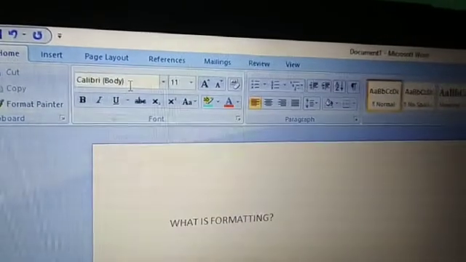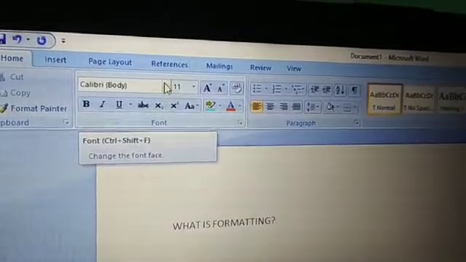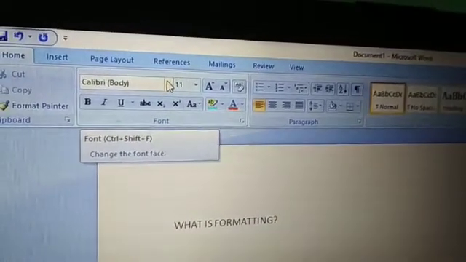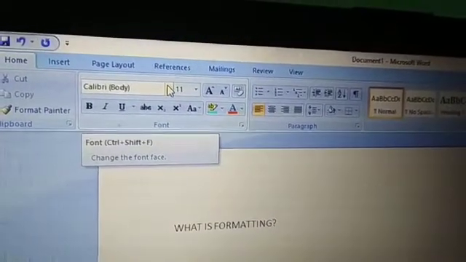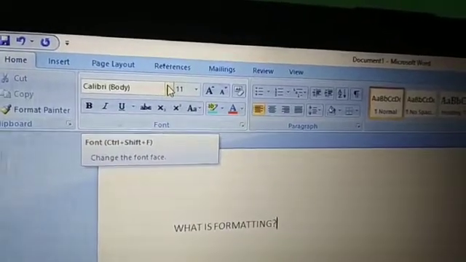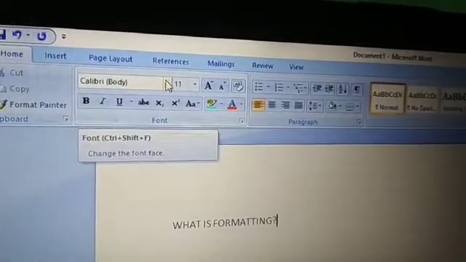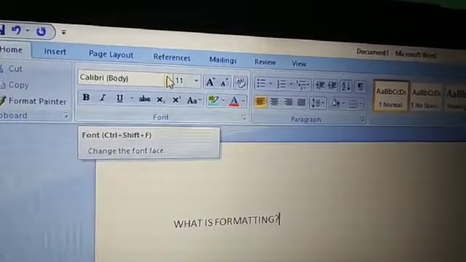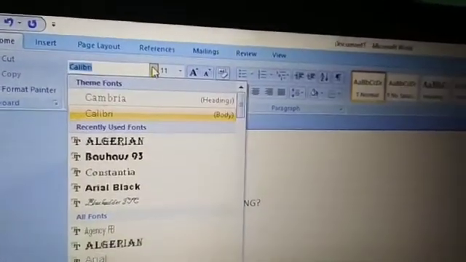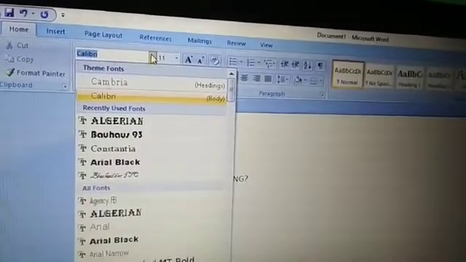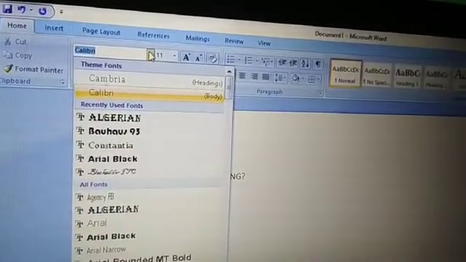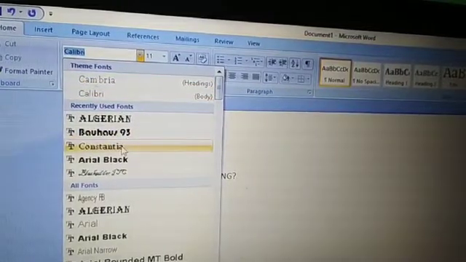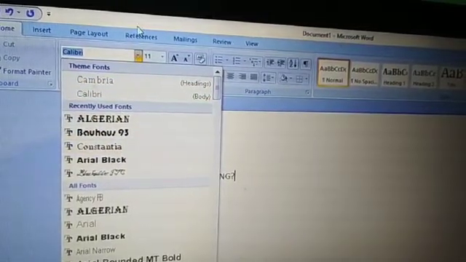Now where Calibri is written, this is the font style button. By default, whenever you open your MS Word program, it will show you Calibri font style. But font style can be changed. Various options are here. You can see I clicked, and this is a drop down menu showing you all these options of font style. Clear?